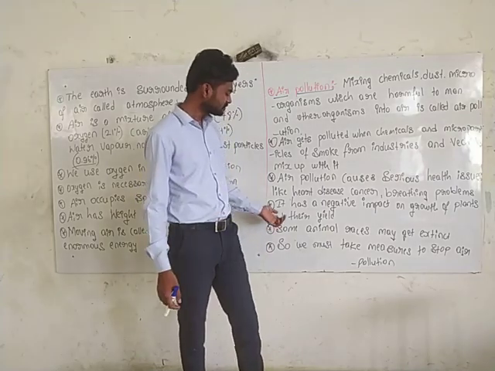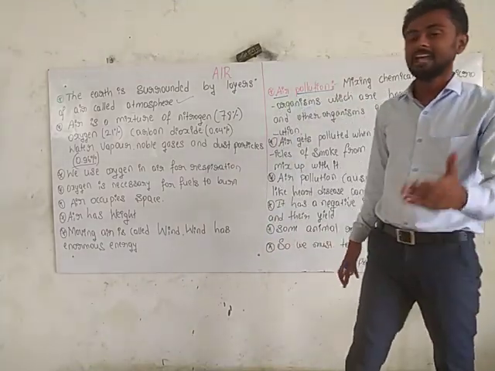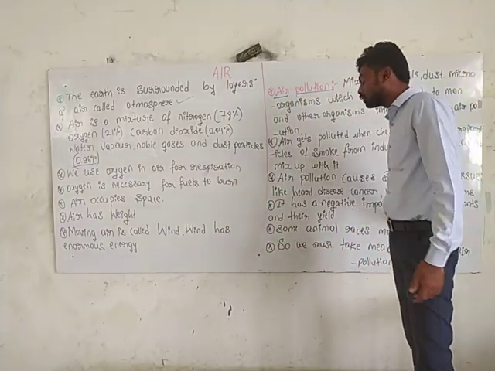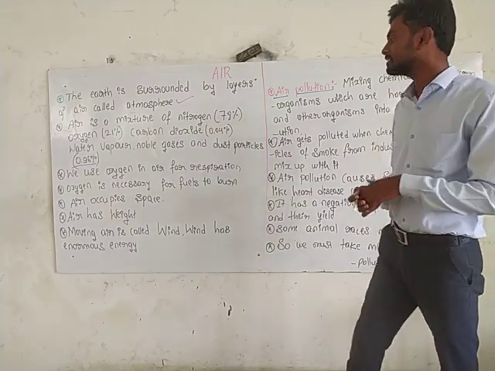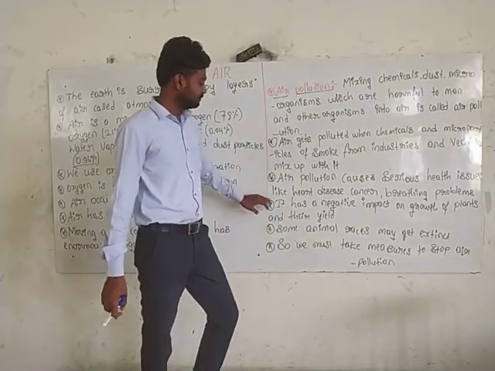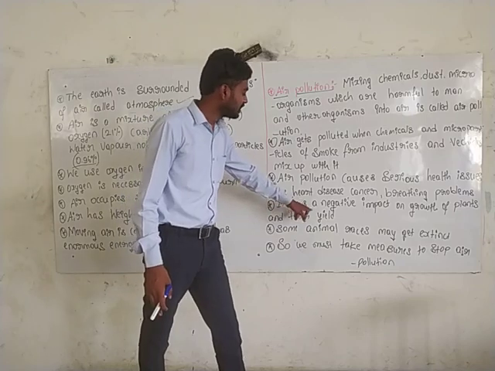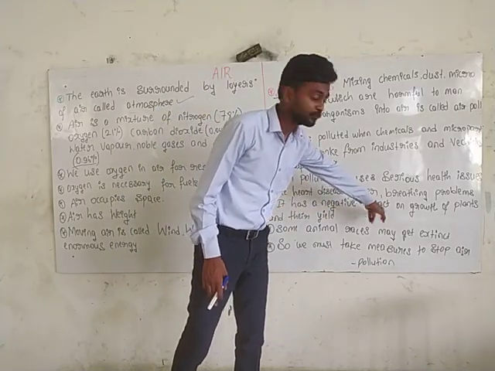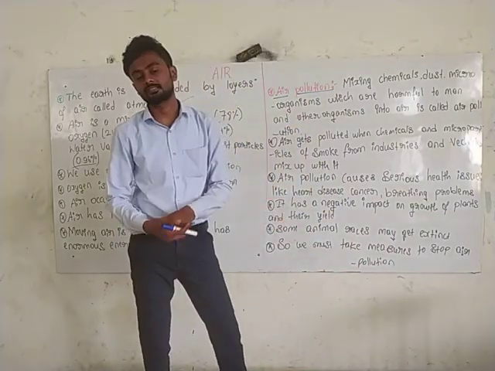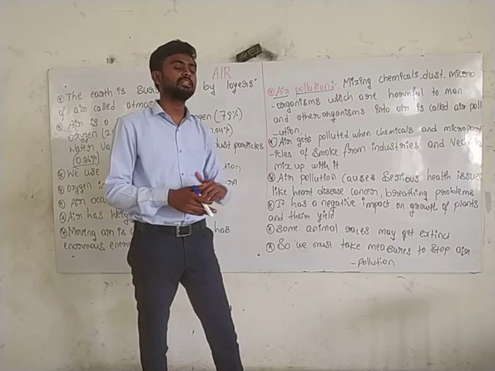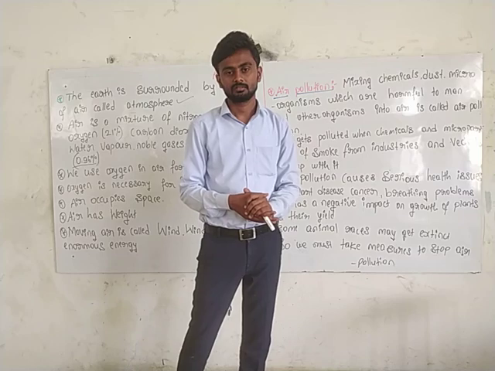Dear students, it has a negative impact. Which one? The air pollution. It has a negative impact on the growth of the plants and the yield of the plants. Dear students, it has a negative impact on the growth of the plants and also on their yields. They affect the crop yields, they affect the growth of the plants. Clear, all of you?